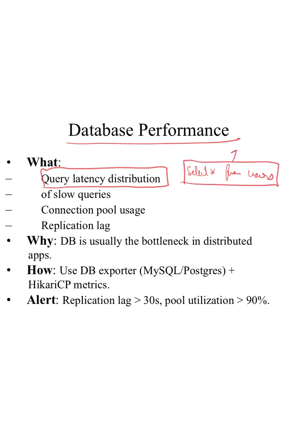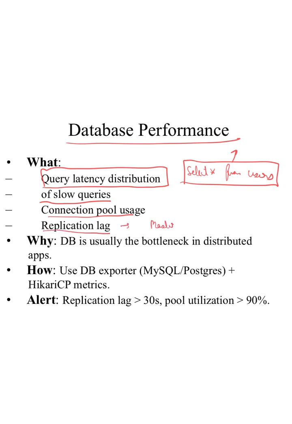And if it is taking a lot of time, you should get one alert, or you should be able to measure how much time it is taking. You can then create an index or do something with your table, right? Also, you should get stats of slow queries, connection pool, what is the replication lag between your master and a